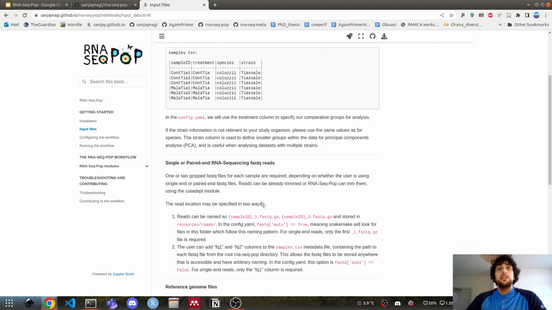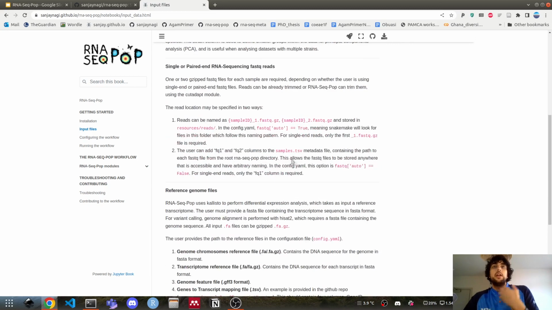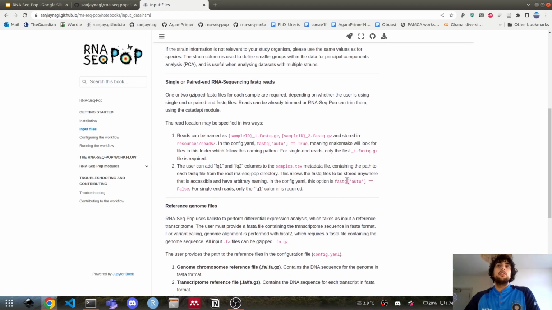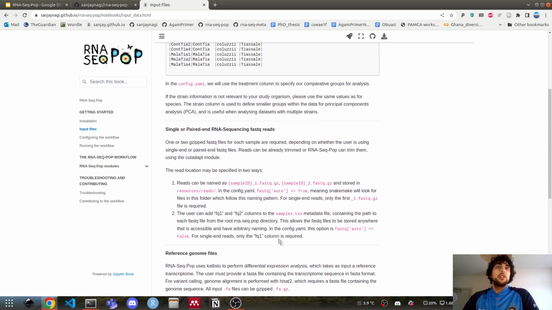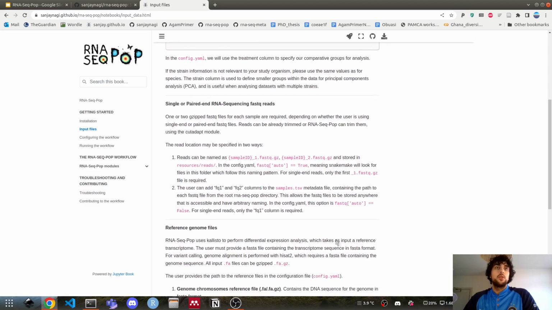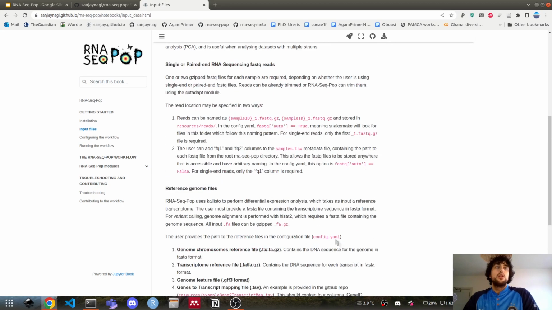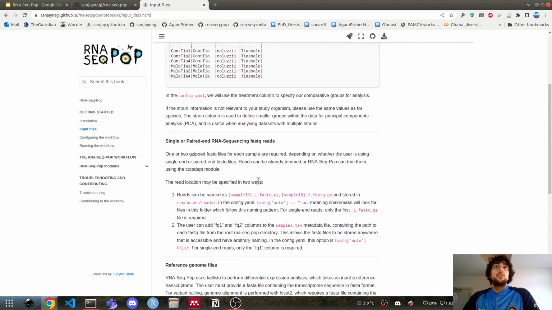When I say the full paths, if you put them in the resources reads folder, you need to include resources reads in the path as well. And to use that setting, you just change the FASTQ auto option to false. For single-end reads, you just need an FQ1 column here. Also, reads can be trimmed with cutadapt if they need to be.